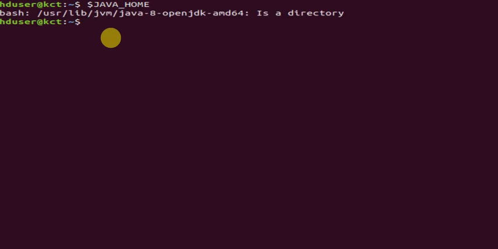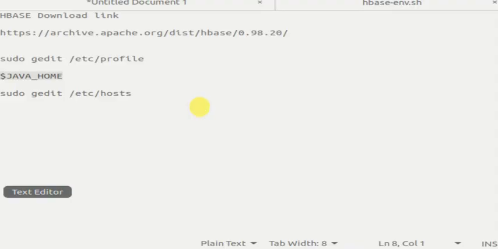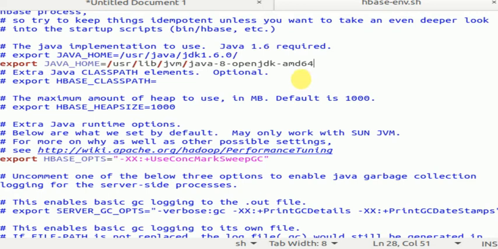In my machine I have installed Java 8 JDK. Hopefully you have already set this Java home path while setting the Hadoop environment variable. You just bring it from bashrc and paste it in hbase-env.sh.